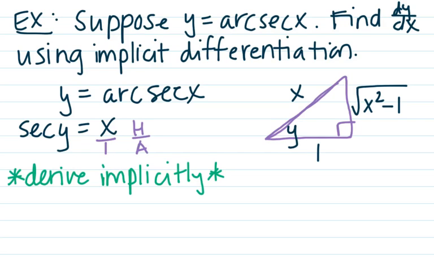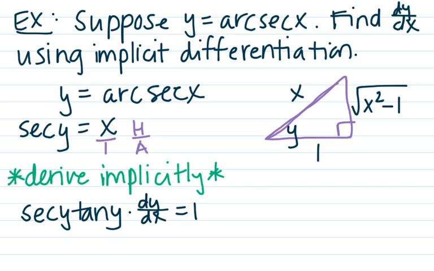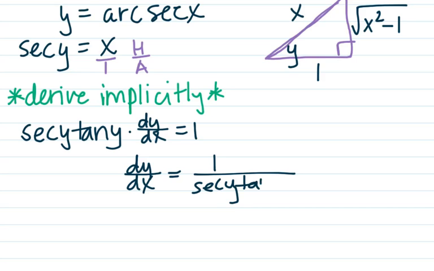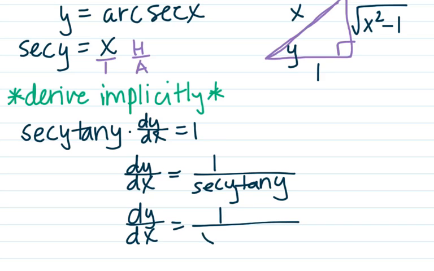So the derivative of secant is secant tangent, and don't forget the chain rule here, so times dy/dx. Derivative of x is just 1, so in this case we're going to get that dy/dx equals 1 over secant y tangent y. So I already know what secant is, that's what we started with. Secant y is just x. So I can go ahead and set that part up. dy/dx equals 1 over x, and then I need to now use my triangle up here to find out